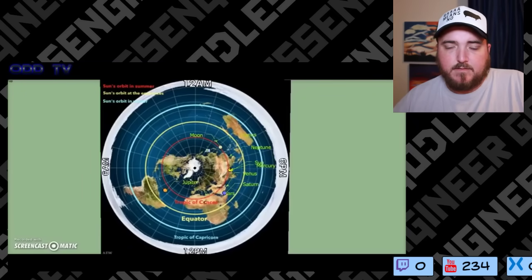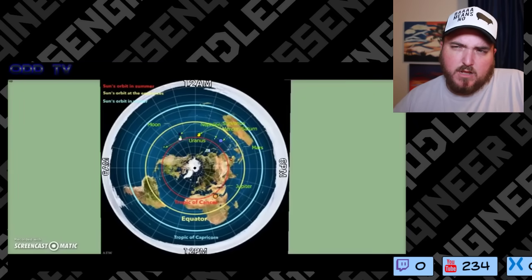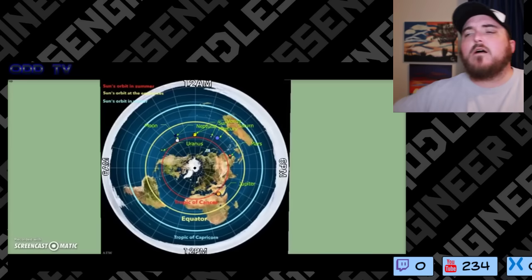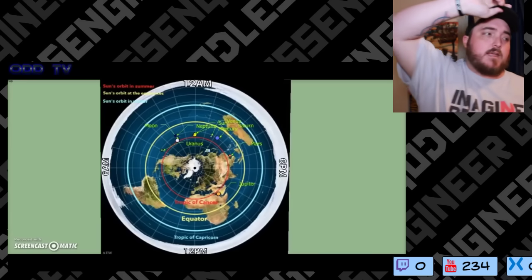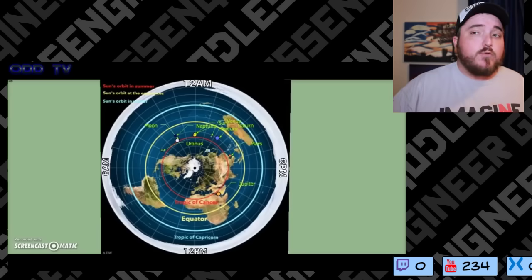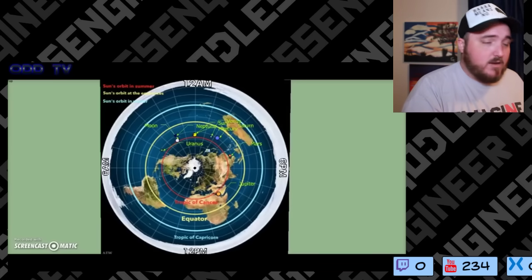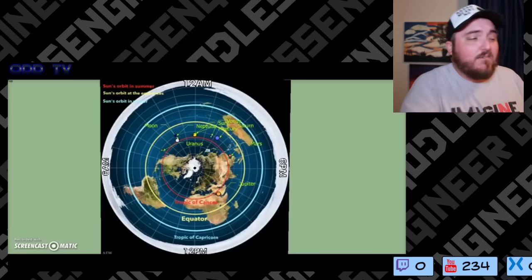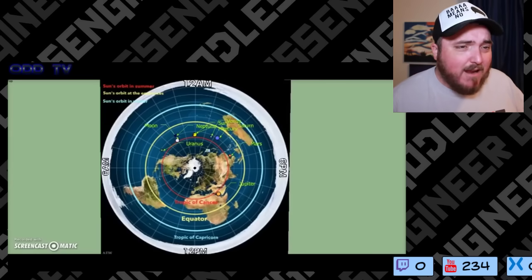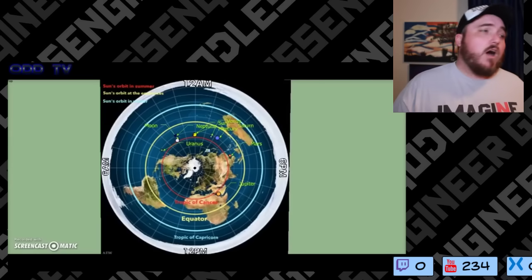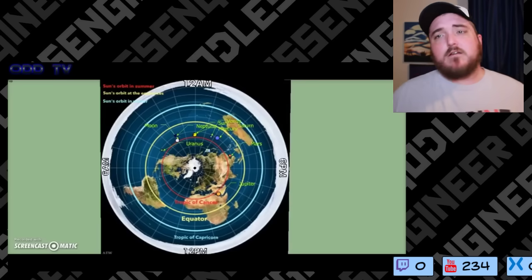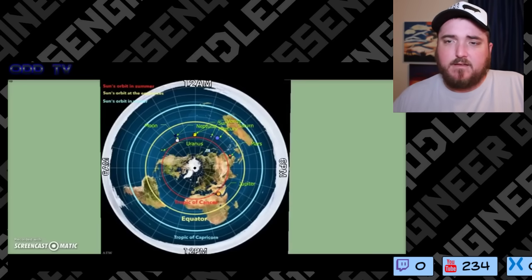Whatever this place may be, it's the center of all we survey. Oh my goodness. Now, honey, not only do we have the moon and the sun that orbit in our atmosphere, but we also have all of the planets that are orbiting in our atmosphere. What? All of the planets are in our atmosphere. Is that how it works?